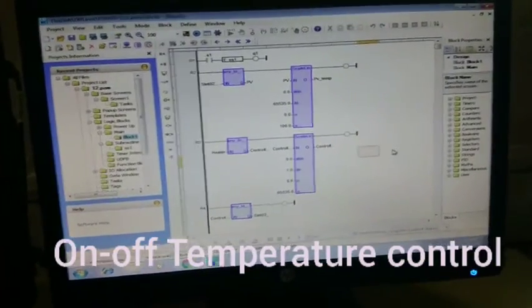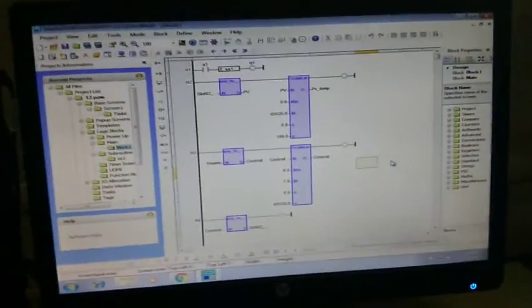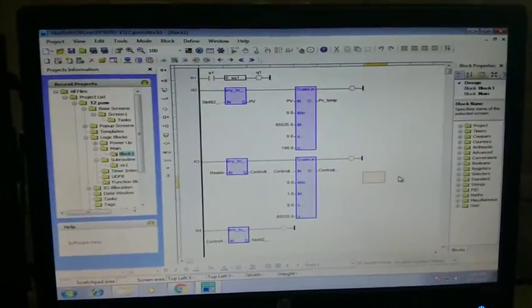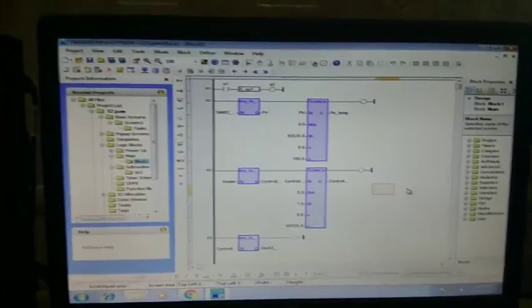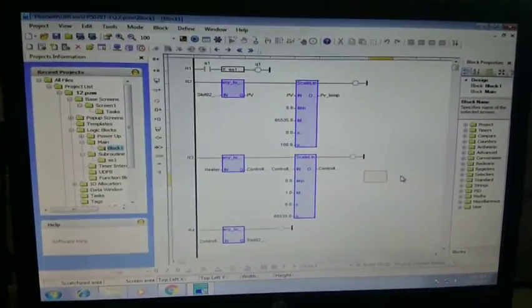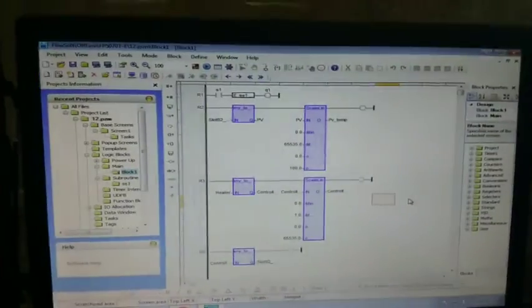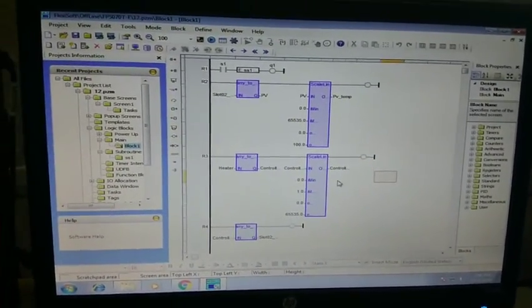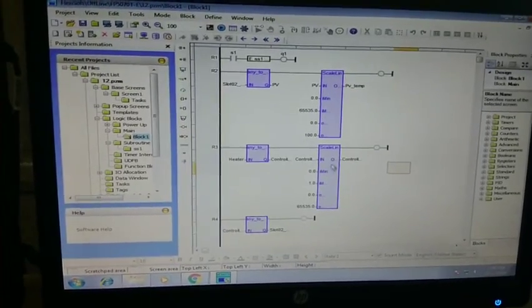So students, now we are going to discuss the on off controller, the temperature controller. So that experiment. So this is the logic for that on off controller. So this is the ladder logic, and for this,